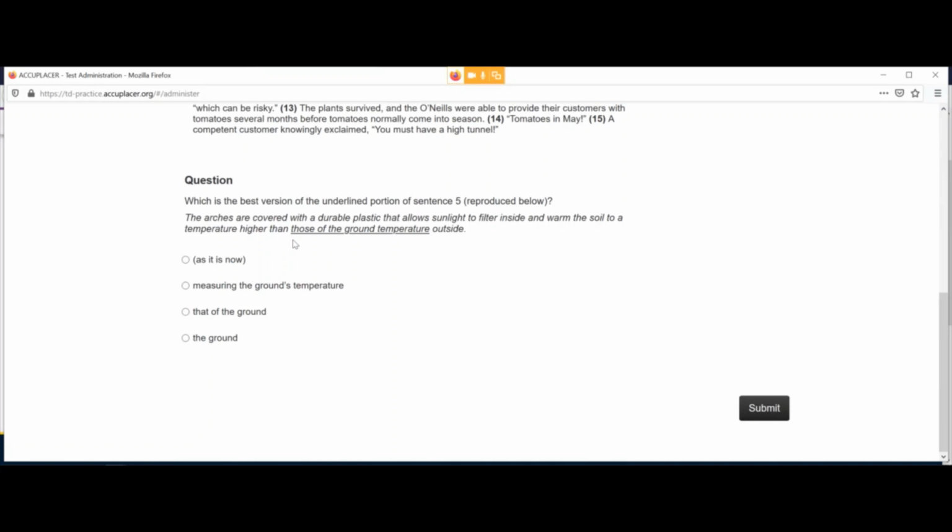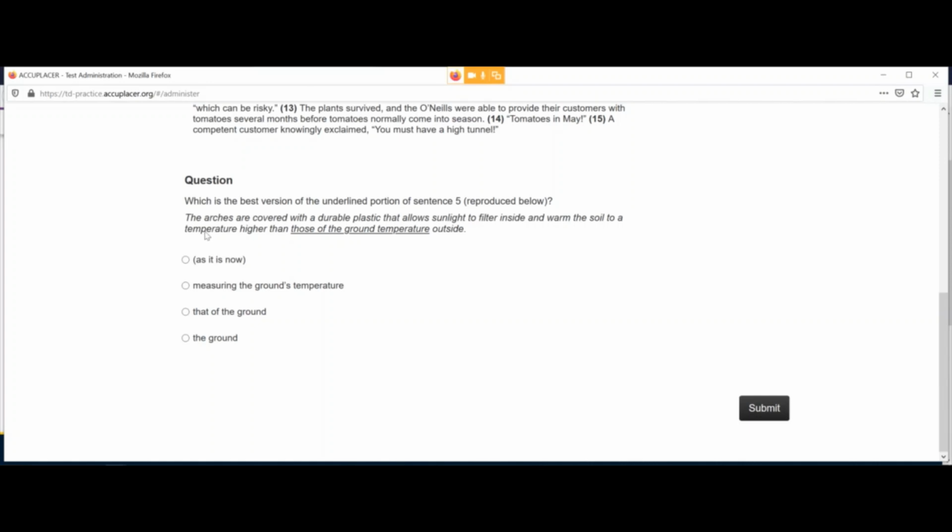Now, the problem that I see here is a little difficult to recognize if you don't have a decent grammatical foundation. But let's read it again and see what jumps out. The arches are covered with a durable plastic that allows sunlight to filter inside and warm the soil to a temperature higher than those. The problem here is the word those, because this pronoun means to refer to